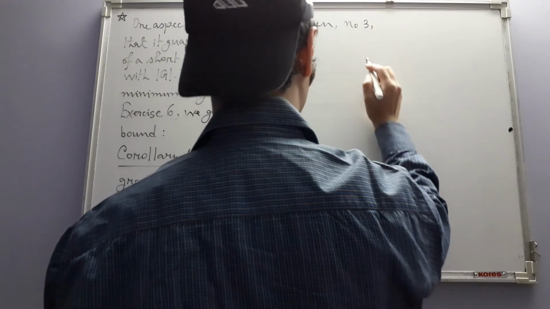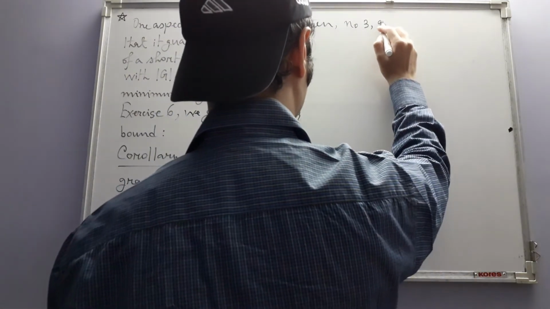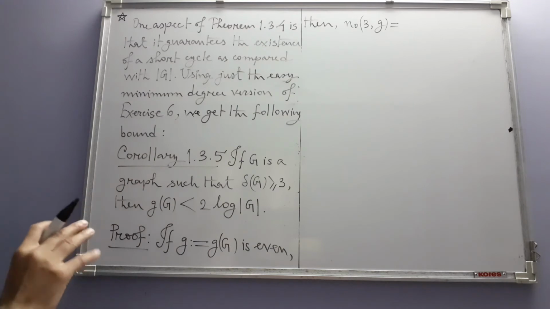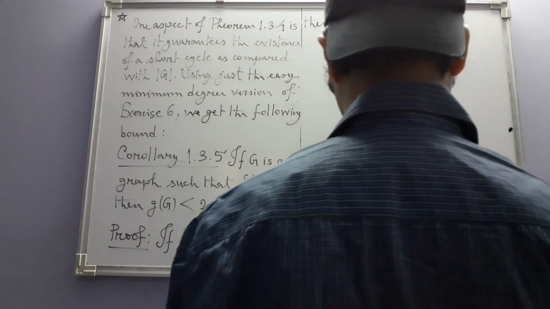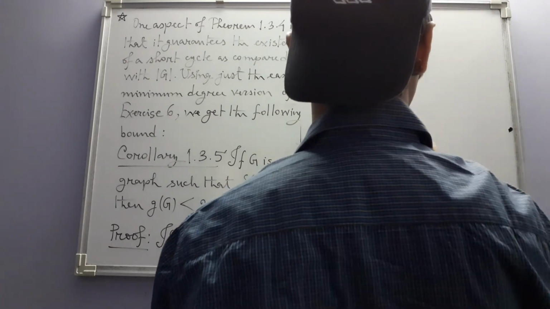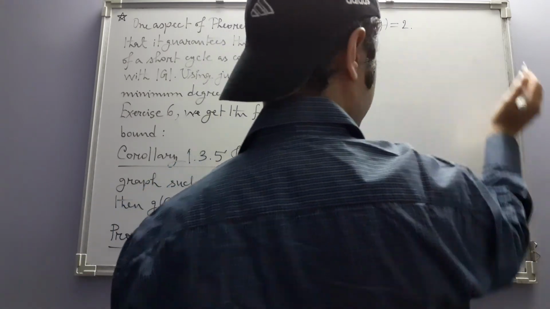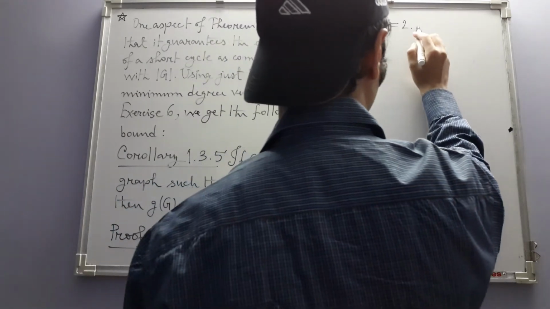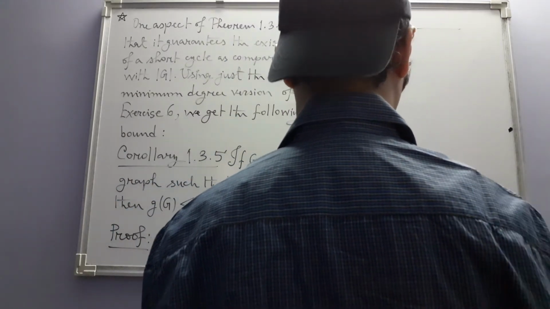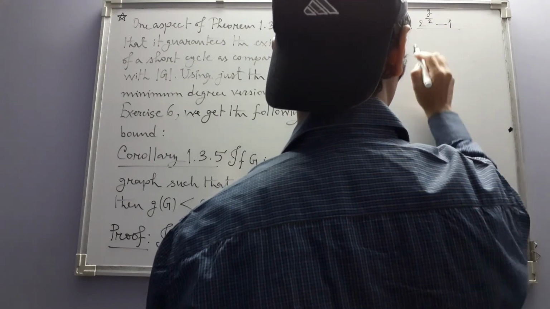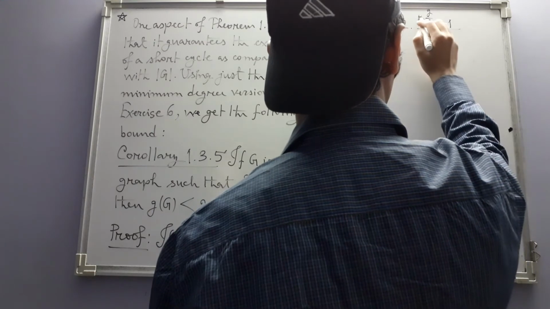N naught of 3 comma g is equal to, you just use the definition of the numbers N naught. If it is even, then if you sum that series that you have in the definition of N naught, it turns out to be equal to 2 times (2 to the power g by 2 minus 1) divided by (2 minus 1),